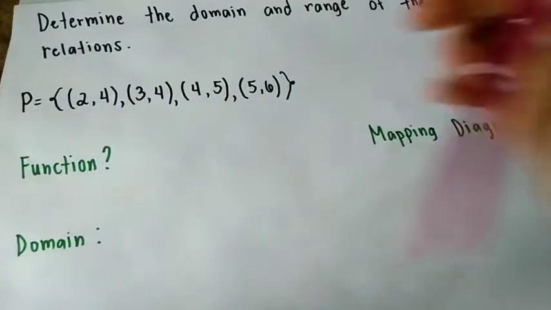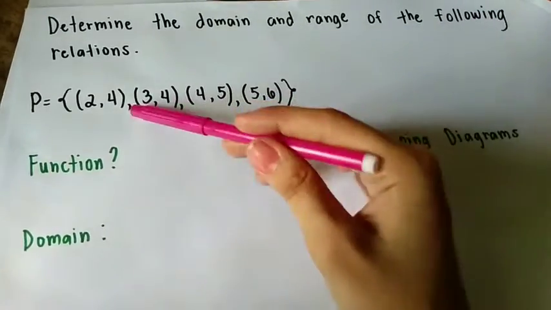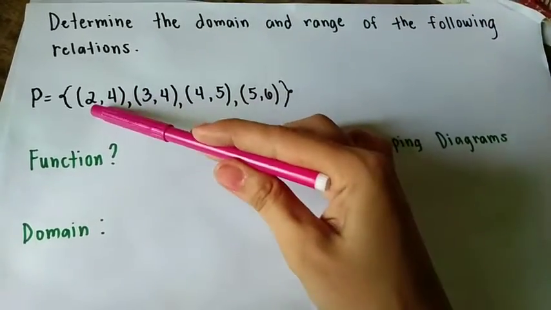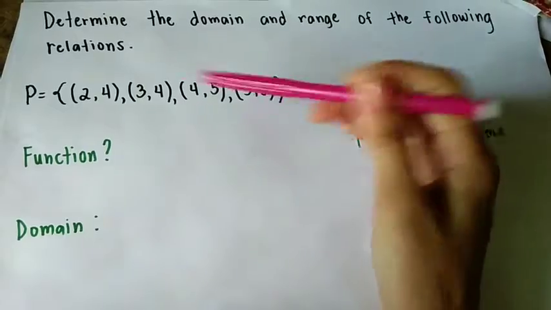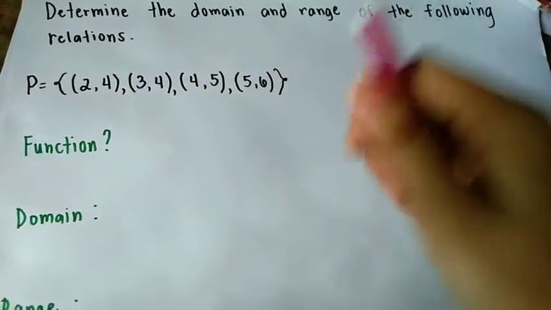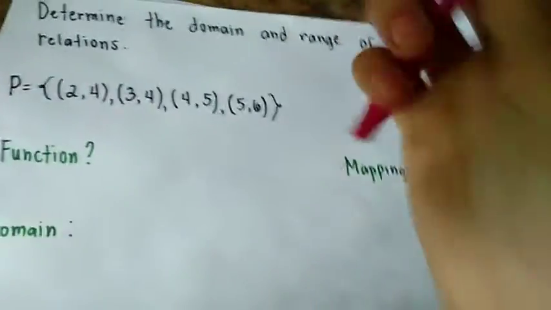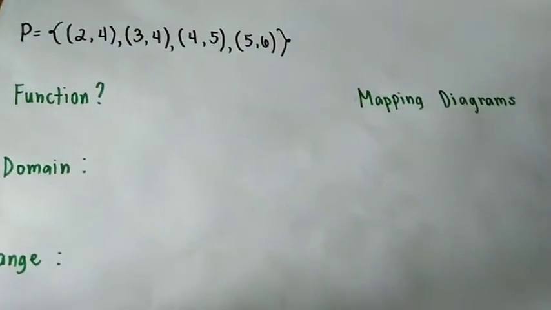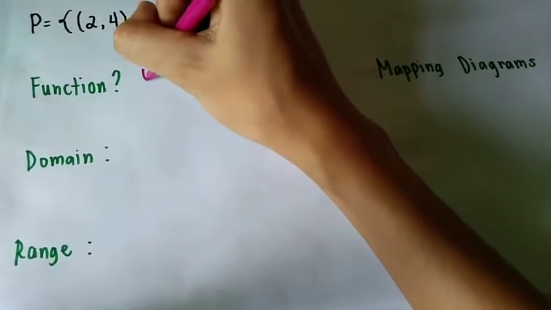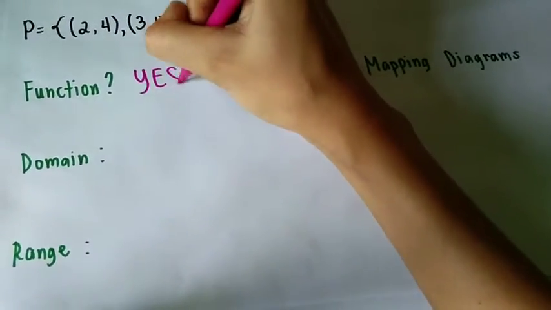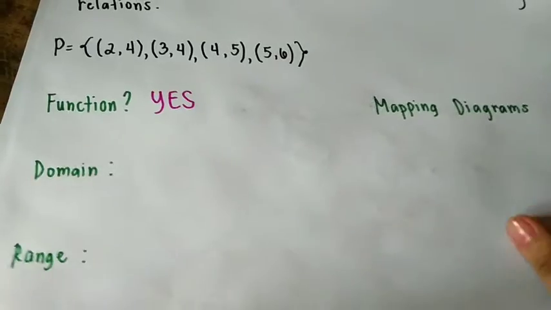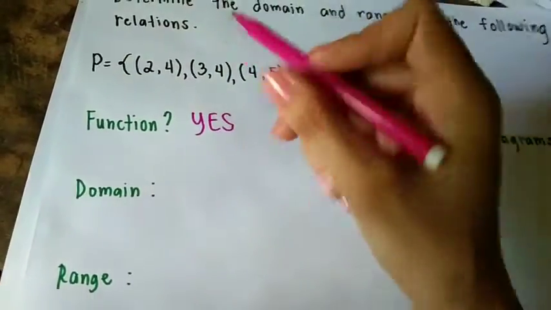So now, if we are going to observe this set of ordered pairs, masasabi natin na it is a function. Why? Dahil kung papansinin natin, makikita nating walang magkakapareho sa ating x values. So, therefore, it is a function. So, yes, it is a function. So, now we are going to determine the domain. What are the domain? So, 2,